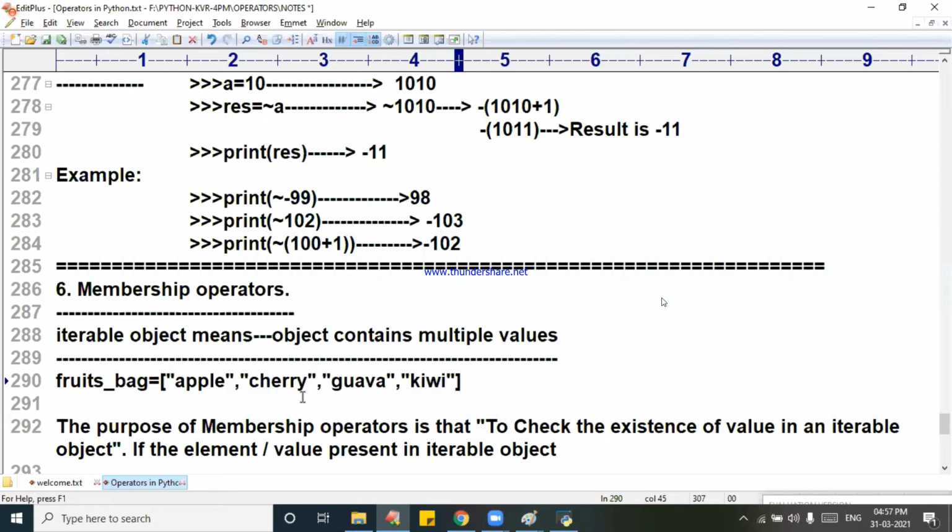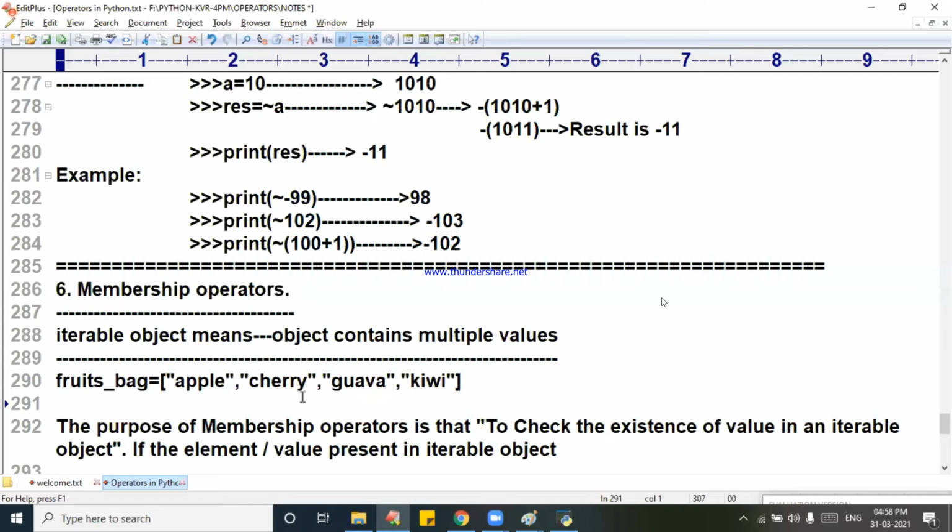Now tell me, is apple present in my fruit bag? Present. Next, is strawberry present in my fruit bag? Not present. That means you are understanding the membership operator.